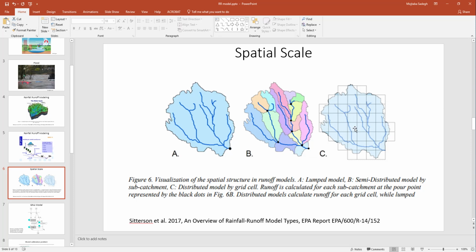And there are more complex models, like distributed models. We have some grids, and grids are even smaller than the sub-watersheds. So we run all those processes at each of these grids. Again, this is not a hydrology course, so I'm not going to go into too much detail of this hydrologic modeling and stuff. What we are focusing on here is basically this